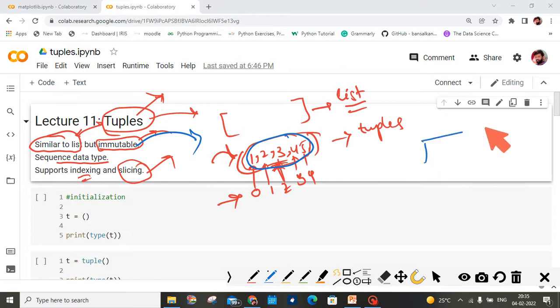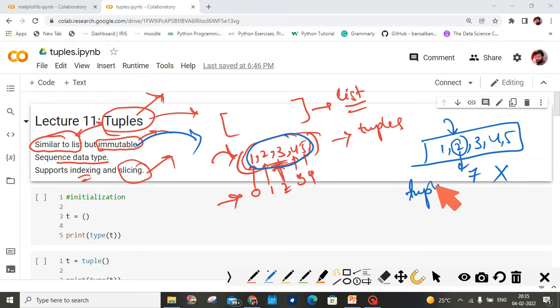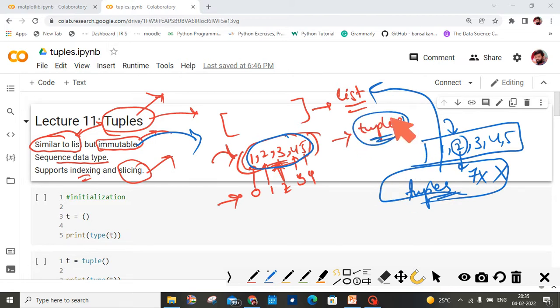If there is a memory with 1 2 3 4 5 in it, and I want to change the value at this index to 7, this is not possible in tuples, but it is possible in the case of lists. So we can say that tuples are immutable.